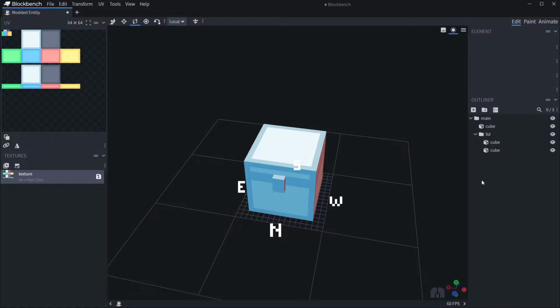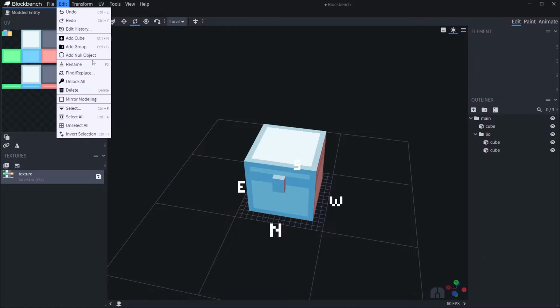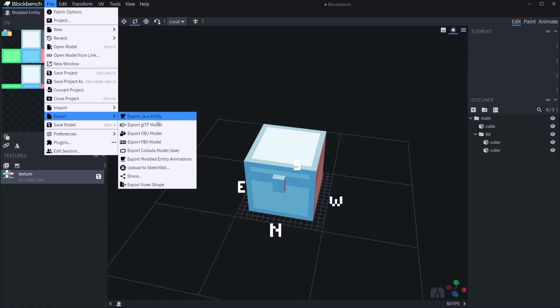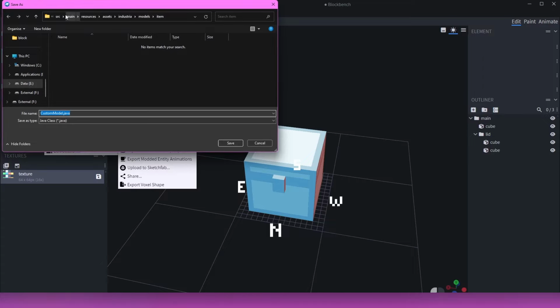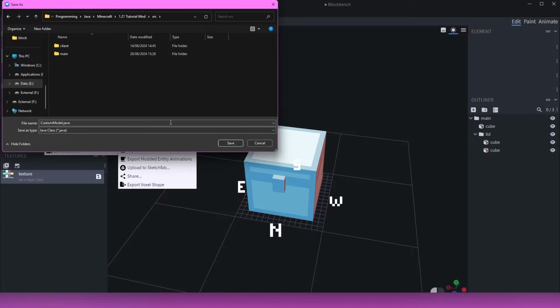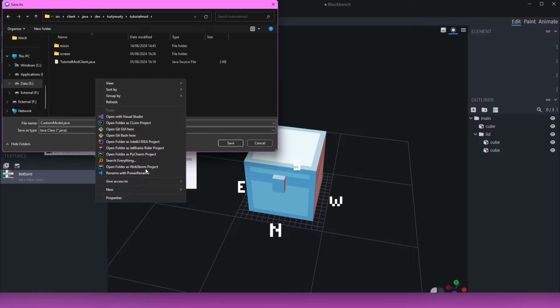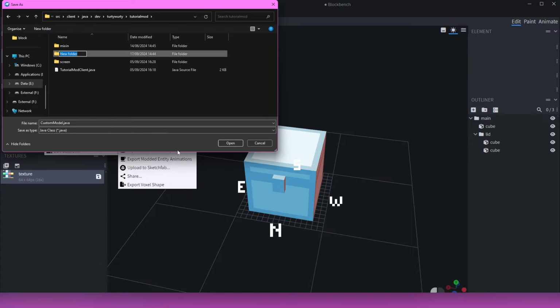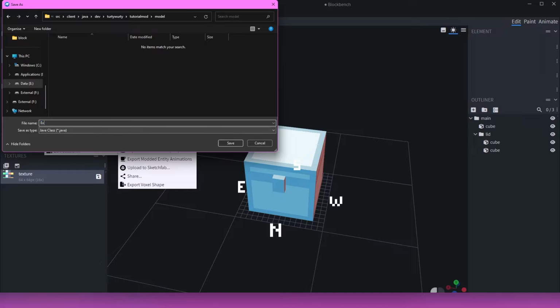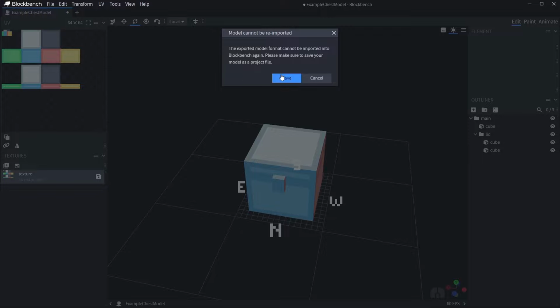But I'm now done with all of that. So what I'm going to go ahead and do is go File, and I'm going to press Export, and I'm going to export as a Java entity. Then I'm going to go into the correct location on my disk. So I'm going to go into the client package, and then inside that I'm going to go Java dev 30 tutorial mod, and inside of here I'm going to create a new folder, and I'm just going to call this model. And then inside of there I'm going to put the name of my model. So mine is just going to be an example chest model, and I'm going to press save,